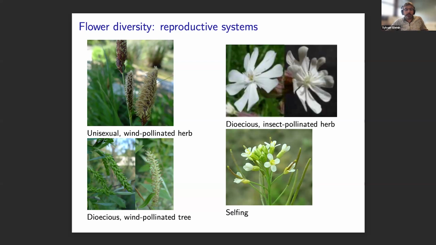And it can be pollinated by wind. Here is an example of a tree, or it can also be insect-pollinated flowers. And so this is for the distribution of sexes among and within individuals, but